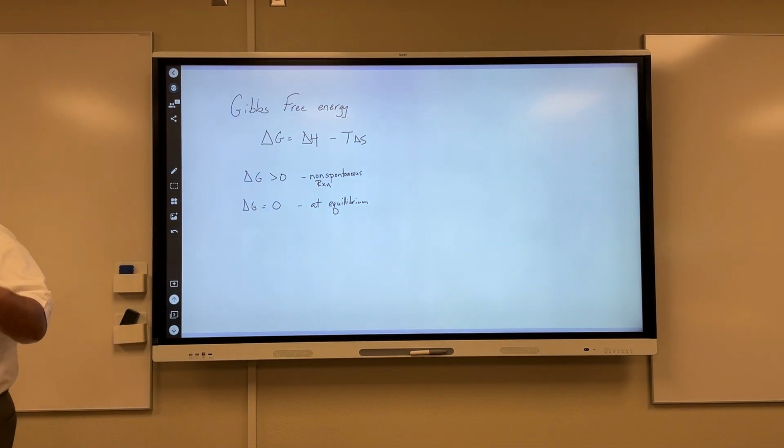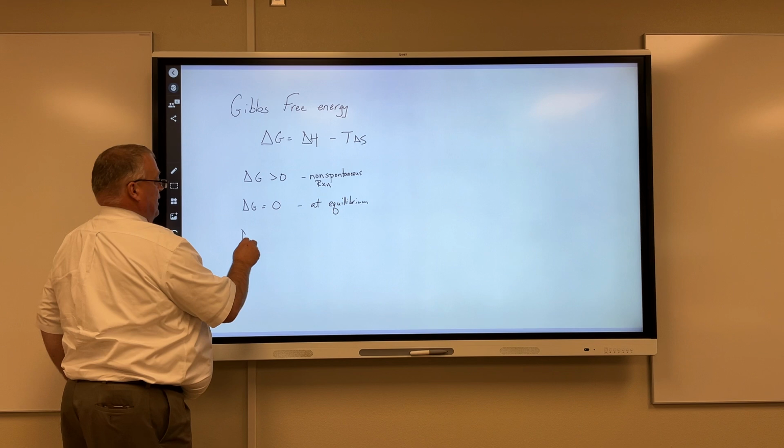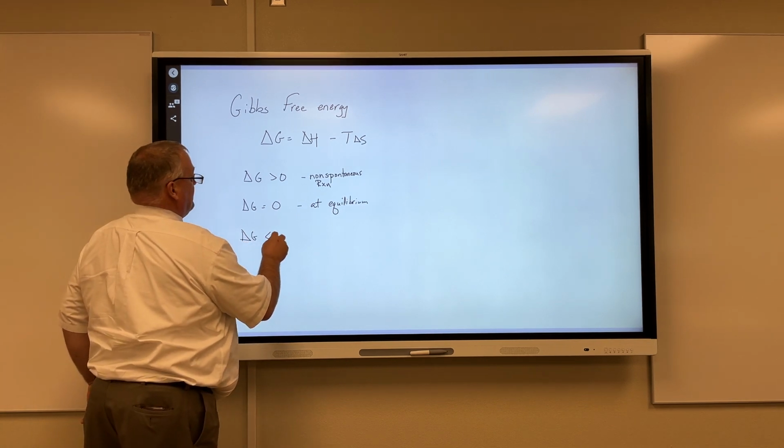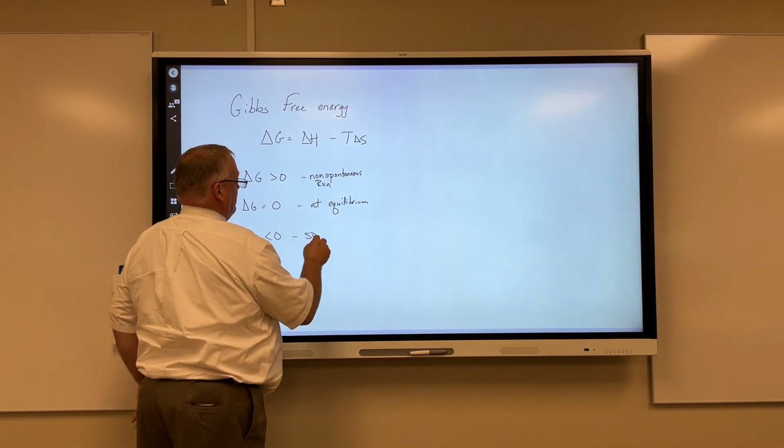When it's at a state of stability. We're going to find out in the next chapter, the equilibrium is when the forward rate of reaction is equal to the reverse rate of reaction. So the concentration of reactants and the concentration of products is constant. Okay? Then we have delta G less than 0. We have a spontaneous